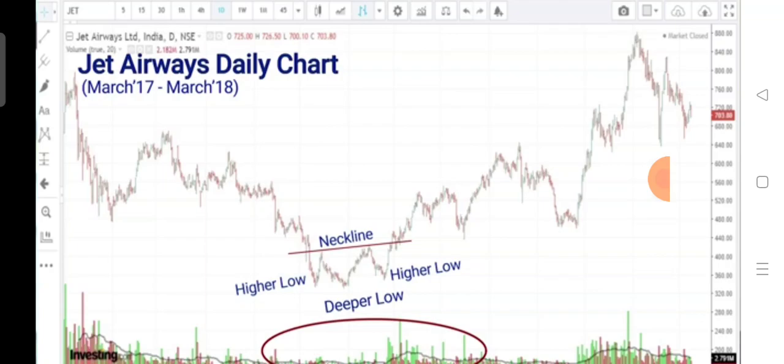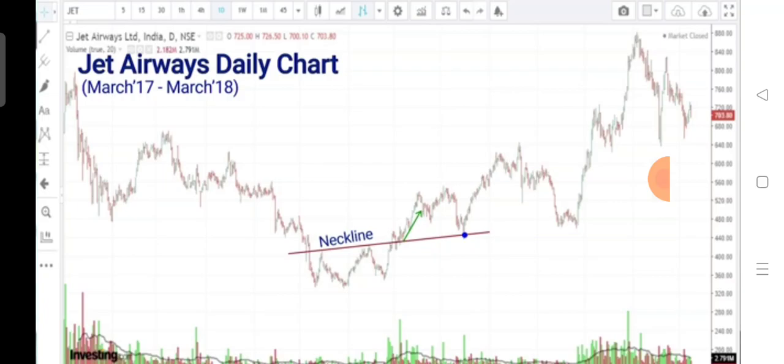So what happened is that the price after the break of this pattern actually moved quite higher, and the neckline acted as support later also. If you see later the prices came down, but just before July, the prices came to the neckline, and from there they actually went up. And again, in the month of November, you could see the price came down and took support on that level. So the neckline became such an important point of trading for the entire move that unfolded for months to come.